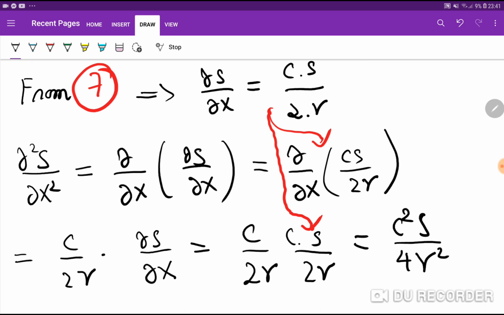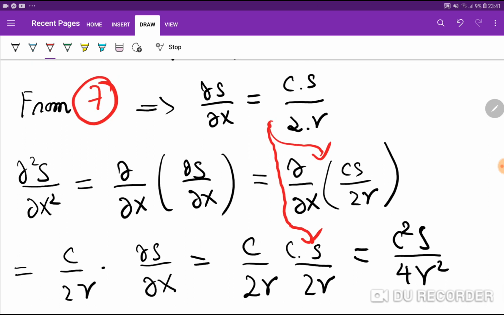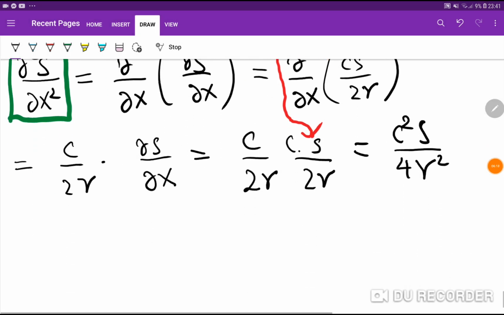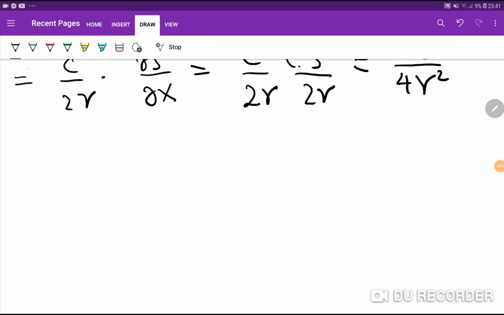Now, you have these two terms. Let me write that. The partial s with respect to x. Let me make it nicer. And you also have the second derivative with respect to space, or x. You can plug it into 5. You plug these into